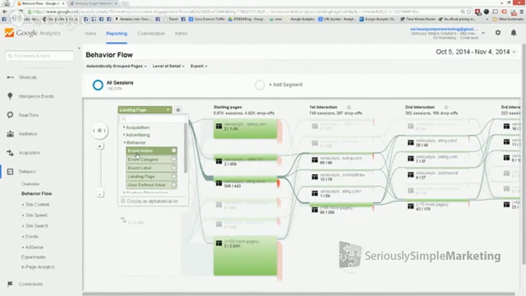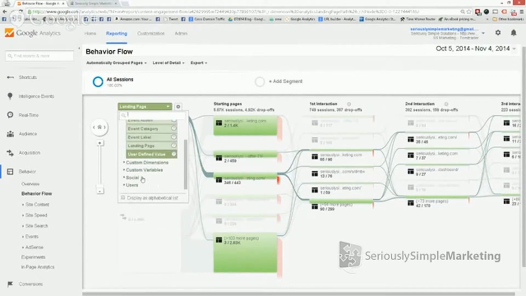This is a really great report to be able to see that sort of stuff. People that are maybe looking for a contact or a help form or something like that, you can see that here and you can segment it and then see exactly how people flow through. There's a lot of uses for this. So this is one of those reports that you want to sit down and play with and then get an idea of what you can do.